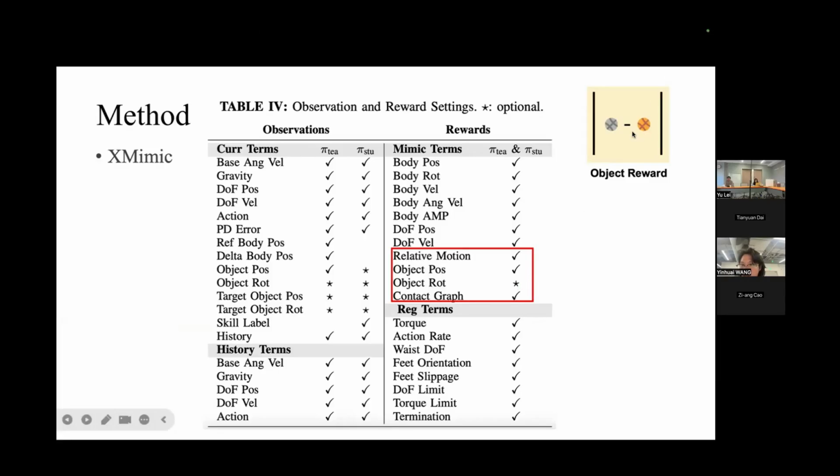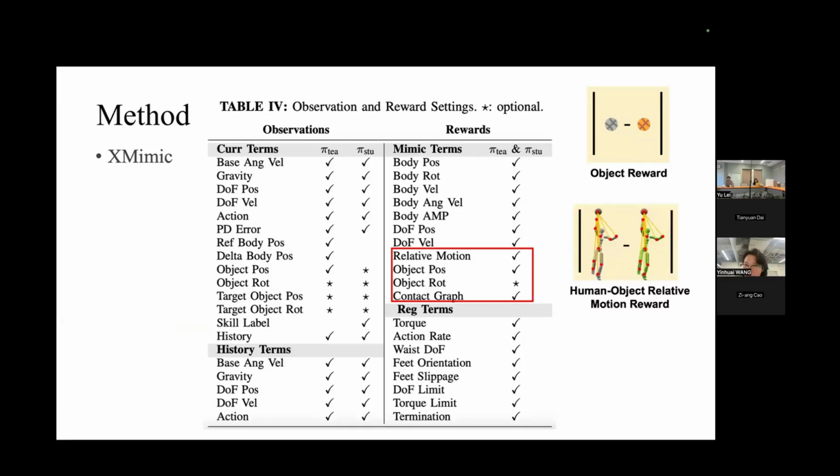In the basketball case, we do not need the rotation reward. Another is the human object relative motion reward, which is very important to preserve the interaction quality. If you want a very natural interaction, this term is very important, especially in the basketball skills.